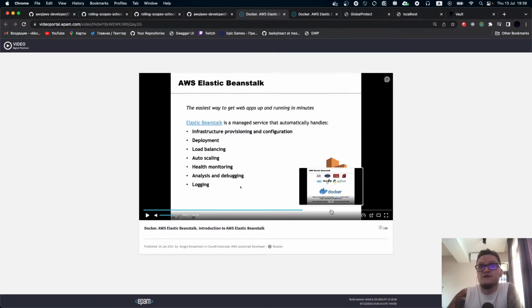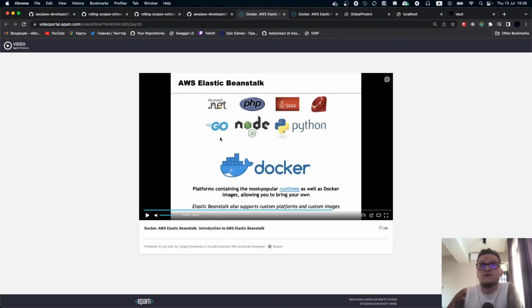So as you can see, Elastic Beanstalk from scratch can run different code. It can run Java, Node.js, Python, and also it can use Docker. So it's actually two ways. You can use your Node.js code, put it inside your Elastic Beanstalk, build it inside here, and expose it. But I think the more common solution, which right now everyone uses, is Docker.